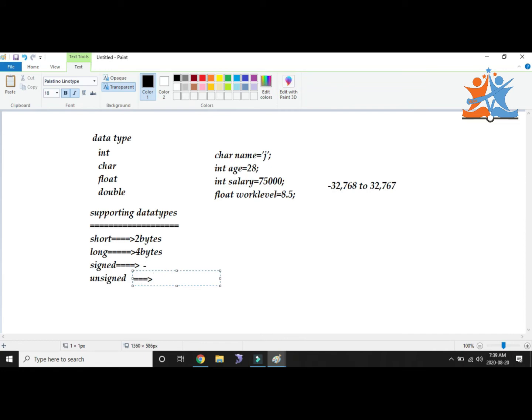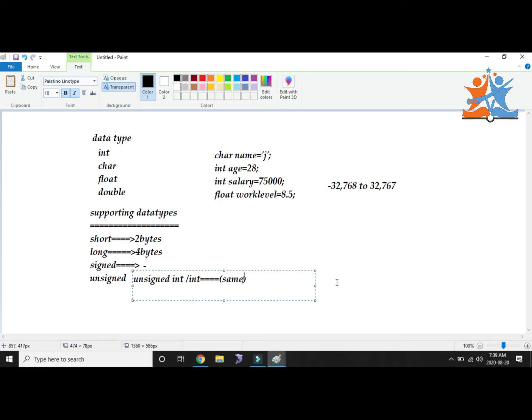Unsigned int and int are the same. Unsigned int or int, both are the same.